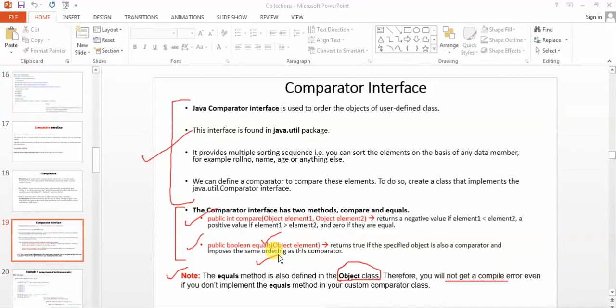You are inheriting the Comparator interface, you are not implementing the equals method, but you will not get that error because it is already implemented by the Object class, which you inherit by default even if you don't write the syntax. That's why you don't get the error for not implementing the equals method.